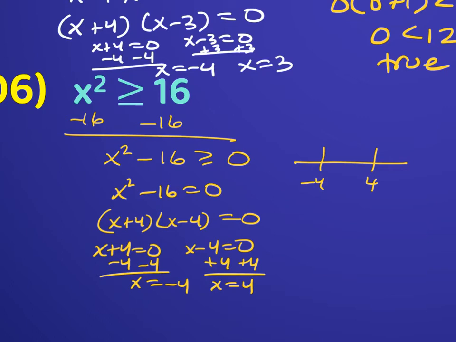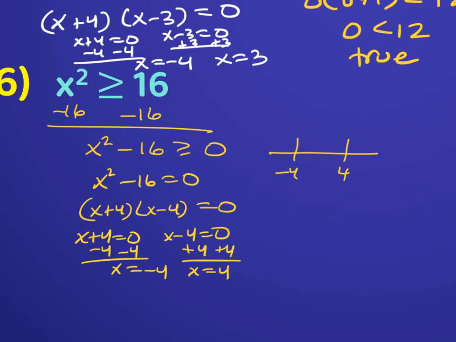Again, choose a test point. Again, I'm going to choose 0. It's the easiest. Again, if you'd rather choose negative 5 or negative 10 or even 5, any number bigger than 4, you can also do that. Okay, so I'm going to plug in 0. 0 squared greater than or equal to 16. This is a false statement, so that middle section is wrong. That had the 0. These are the check